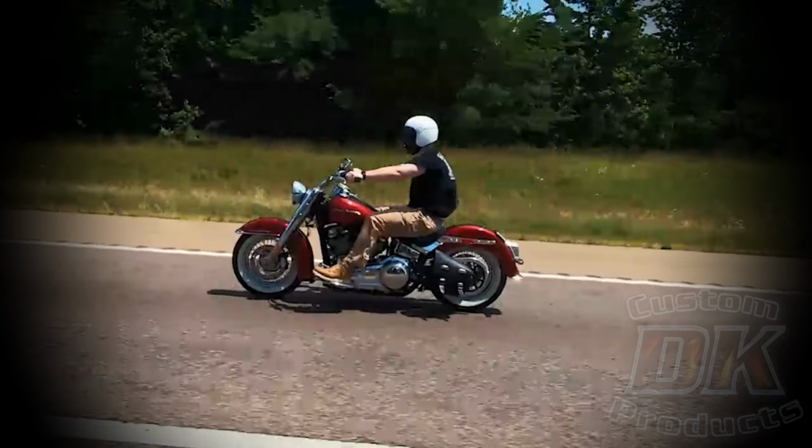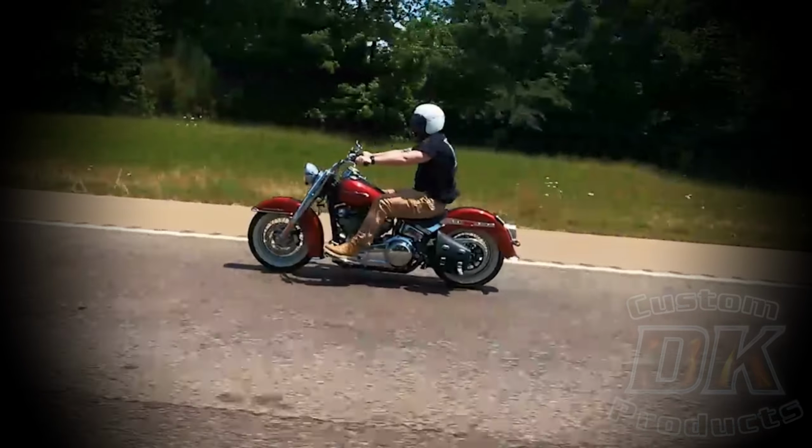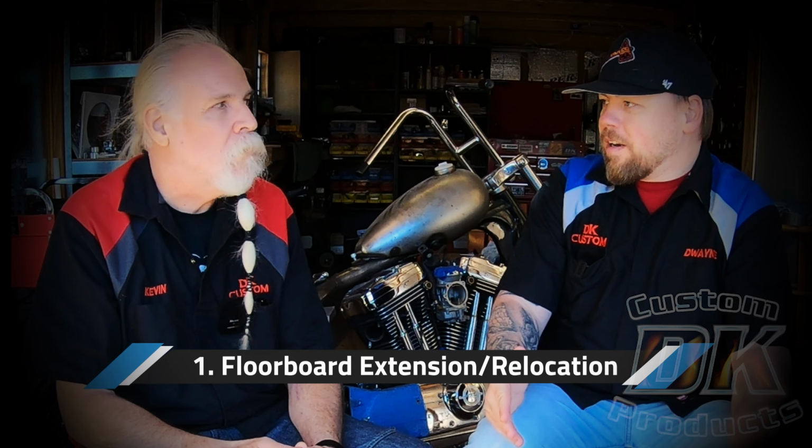So I have a 2018 Milwaukee-Eight Softail Deluxe, and right off the showroom floor, they're pretty comfortable. I think the M8 Softails are probably the best riding bike Harley has put out, just stock-wise. So if you're looking for a bike that you don't have to do much to, I think it's the M8 Softail. All right, so just to start off, I think the biggest thing I've done is the floorboard extensions,